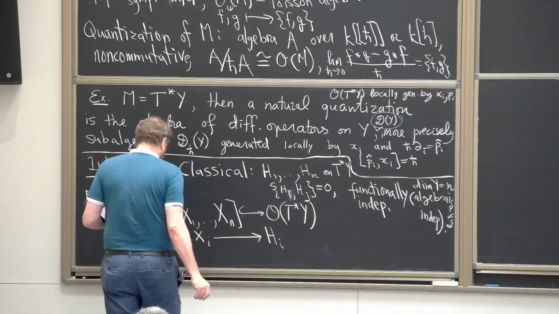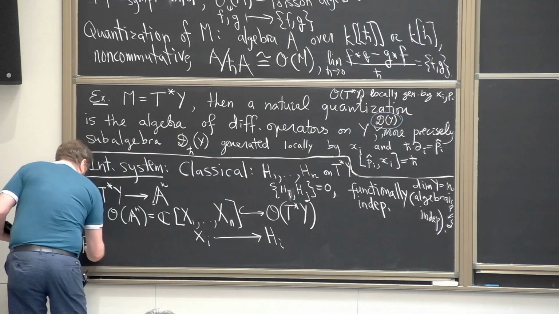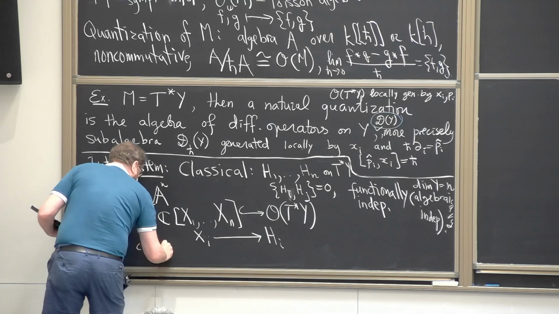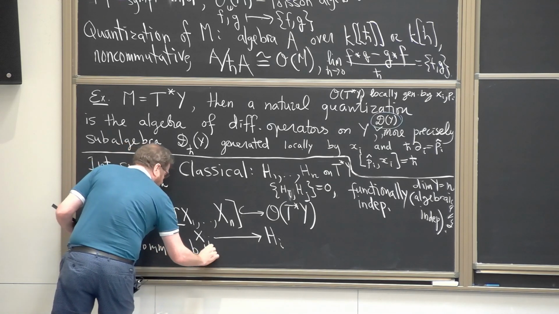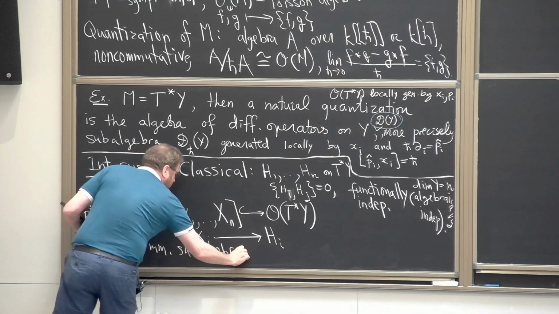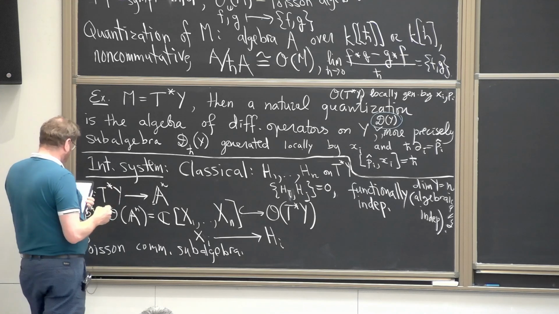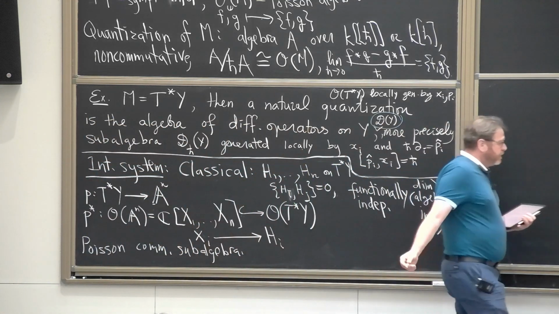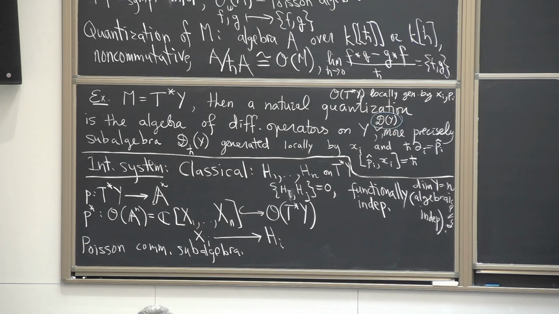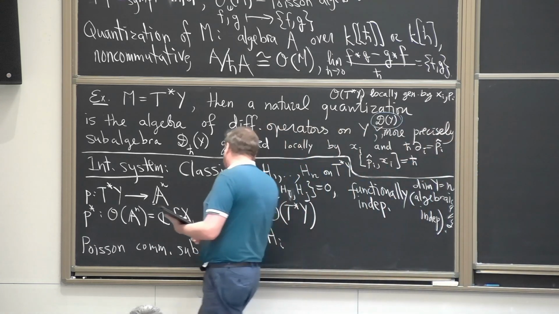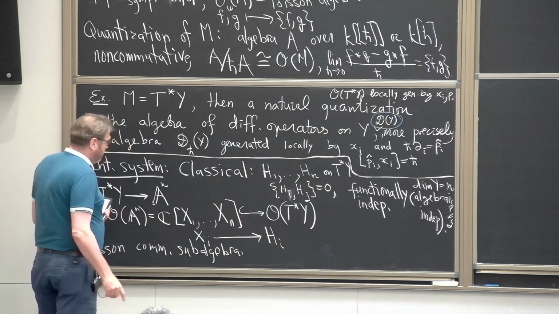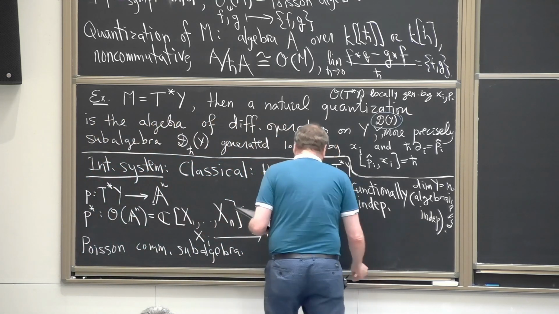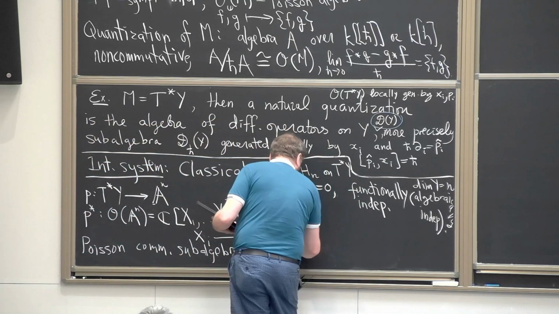And also it should be a Poisson commutative subalgebra. So that's what an algebraist would say it means to have an integrable system. In algebraic geometry, this is what an integrable system is: a commutative subalgebra inside here. And there is a standard theorem that